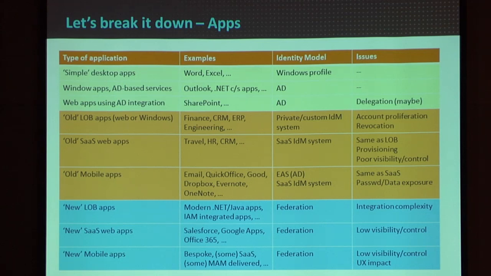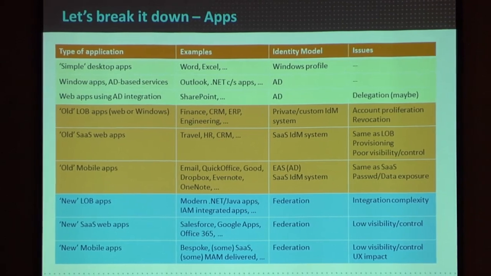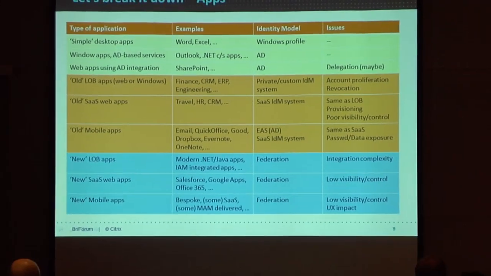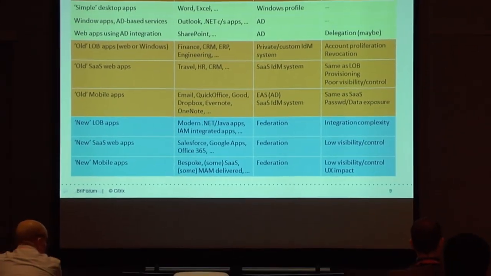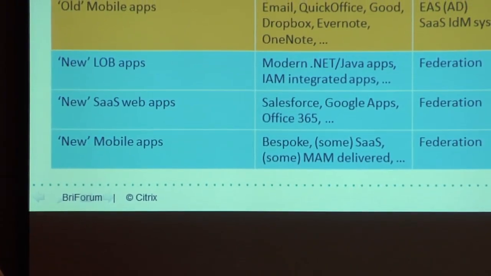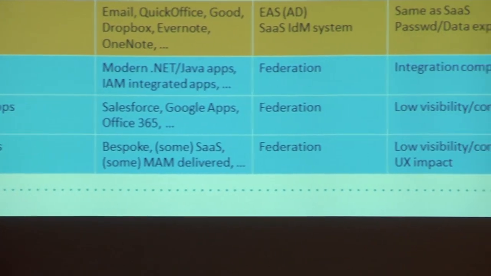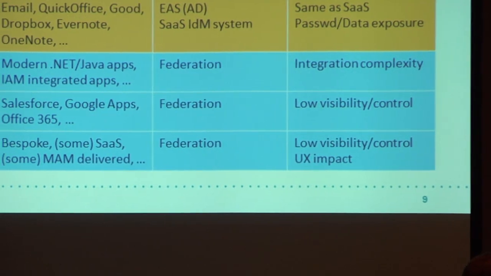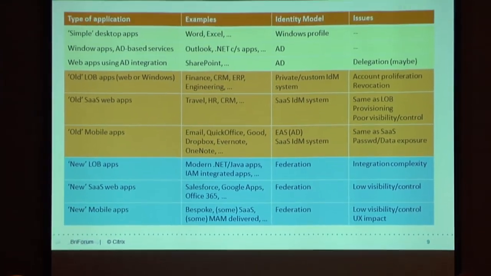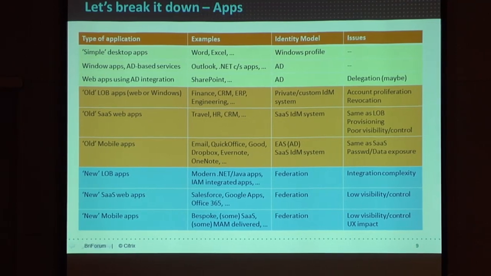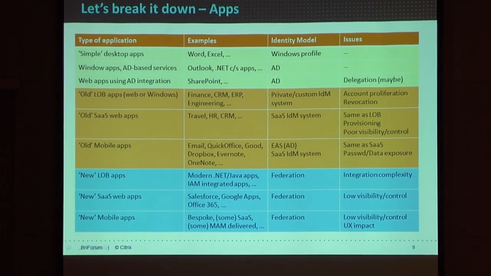They are now based on this federation model. You don't necessarily use a username and password that's specific to Office 365 to log in. They know how to federate back to an enterprise. Salesforce does that, Google Apps can do that, and more apps are going to go this way. It takes time. When people start a new SaaS company, they're not thinking about how to do identity. They're worried about just getting a product that works and does something useful. They'll deal with identity later. If they're successful and enterprises want to use it, then they want to say, how are you going to let me log in? I don't want to have yet more accounts with you.